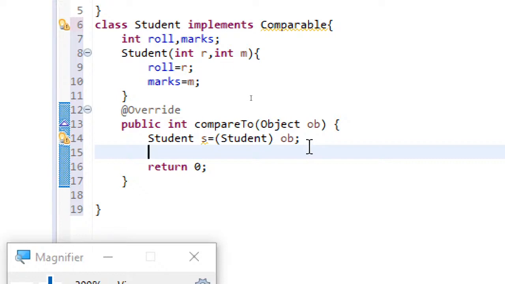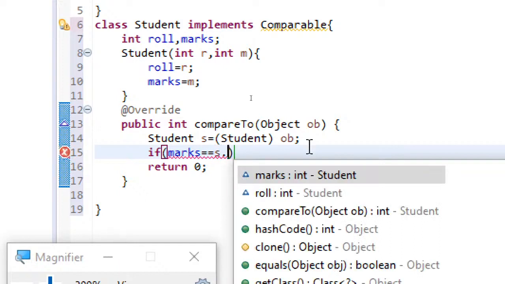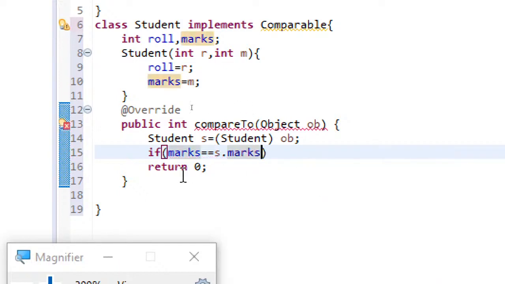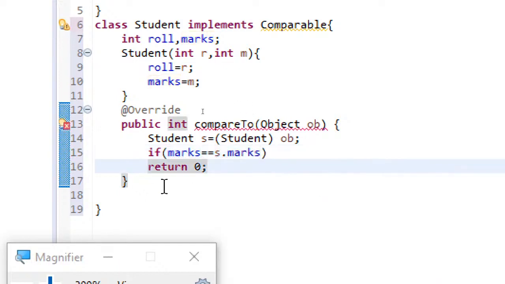And then I'm just using my comparison condition, whatever the purpose I am writing this compareTo method for. So if my marks are equal to the student marks, then I am going to return 0.